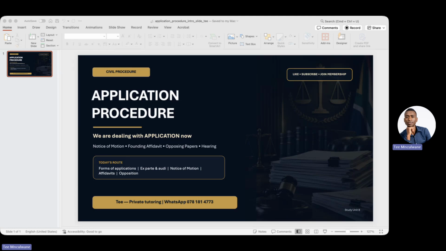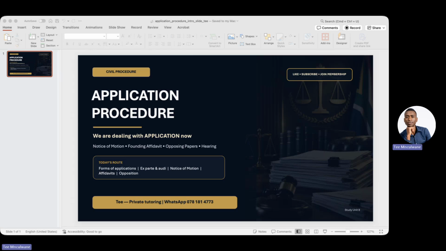So if the respondent denies something, the respondent must do so properly. This connects to what we discussed in the previous lessons on bare denials, right? A respondent cannot simply say, I deny everything. That may not create a real dispute of facts, apparently. So the respondent must seriously engage with the applicant's facts, right?